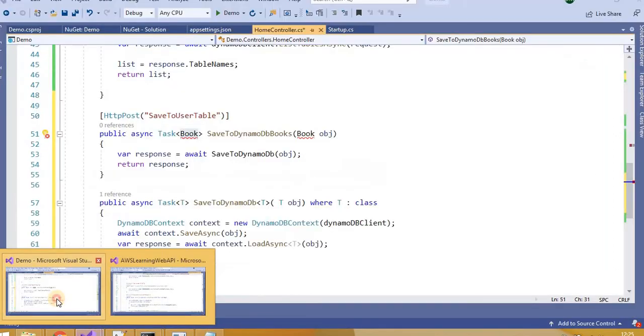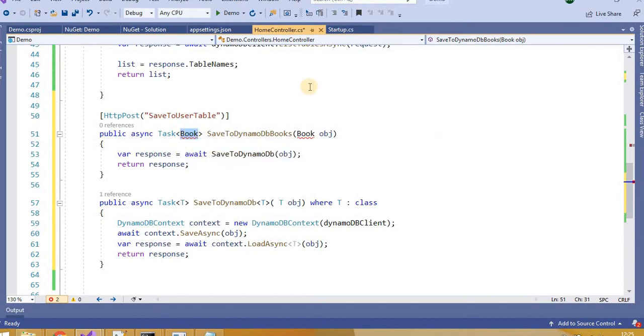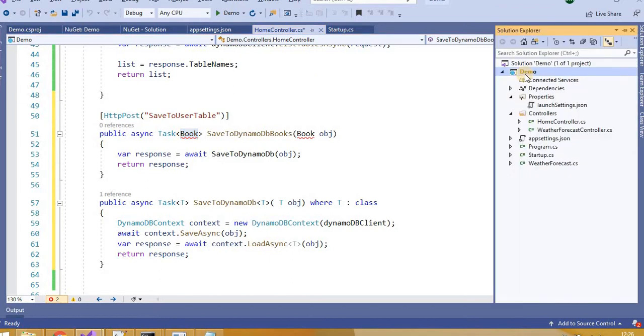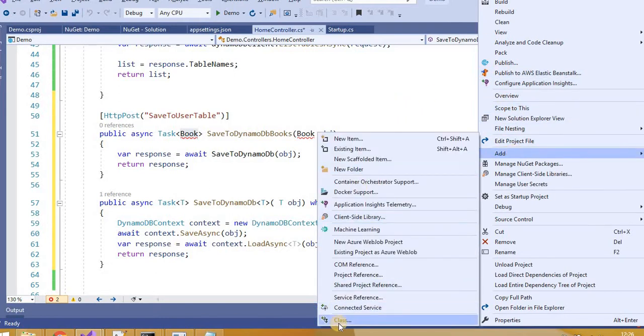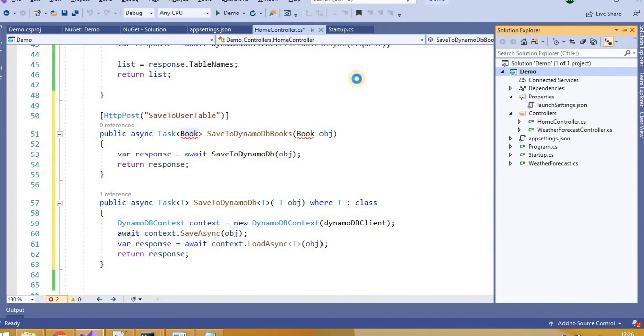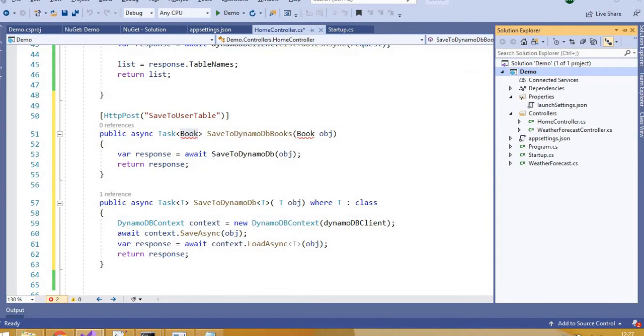Let's move to Visual Studio. First of all, I need to add one book table class, because we are going with the DynamoDB context. You can name it like MyBook, okay, add.